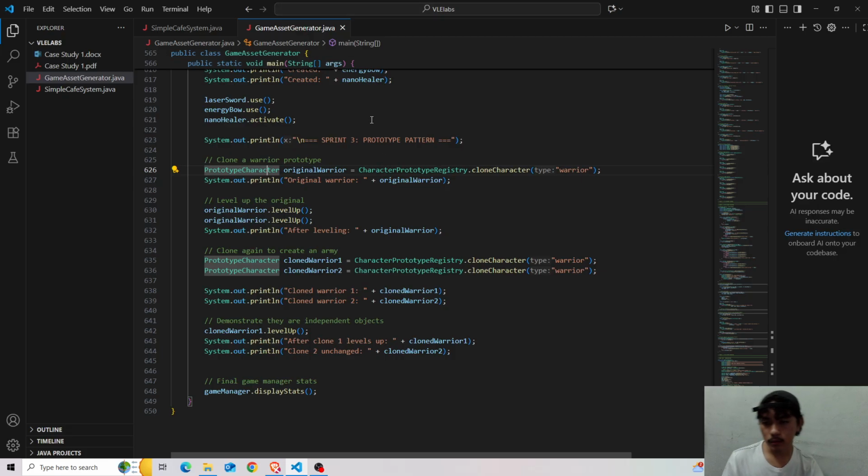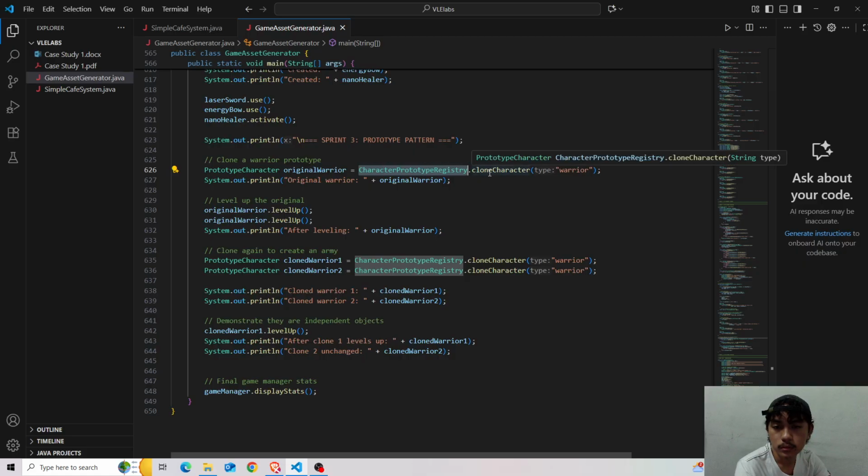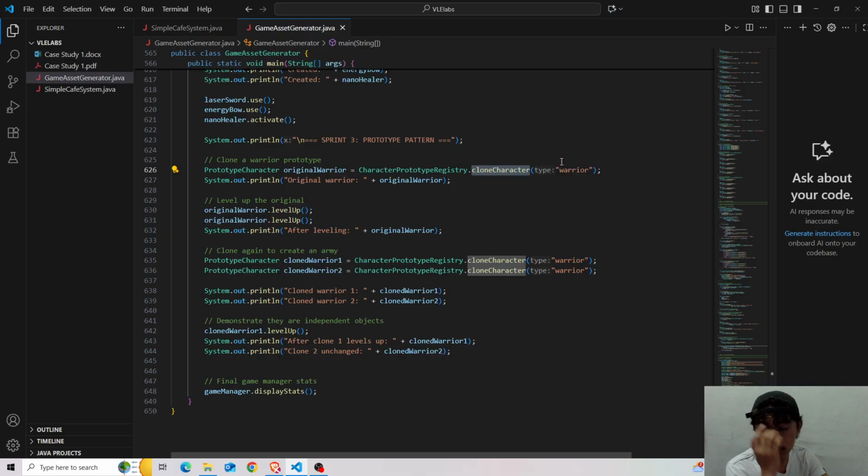So prototype character original warrior, give it the name original warrior, then character prototype registry clone character. It calls the clone character method from the character prototype registry class.